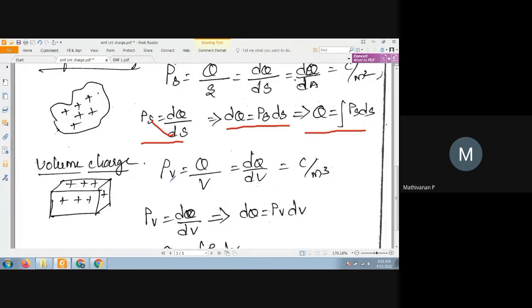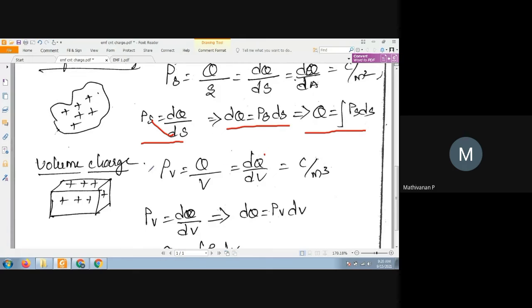So the general expression for volume charge density is rho v, rho suffix v, equals q divided by v. What is q in the sense? Charge, total charge in total volume. So if it is a small volume, it will be represented as dV. So the charge which is present in dV, the small volume, is going to be represented as dq. So the total charge,